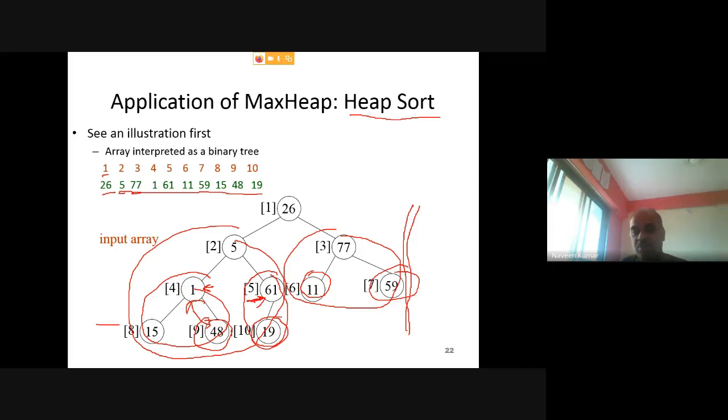So now this subtree becomes a max heap, and this subtree also becomes a max heap. Now you need to move here, right? You need to compare all these three, and the greater should come here. Greater is already here, so it is already a max heap. Now come to this node, right? 61 is here, 48 is shifted here, and 1 is here. Now you need to compare this 5 with 48 and 61. Since 61 is greater, you need to shift this 61 here, and 5 should come here. After 5 is here, you need to again compare this 5 with 19.